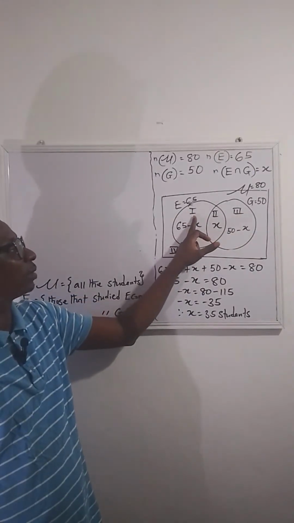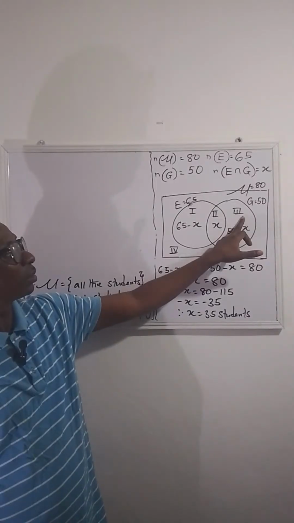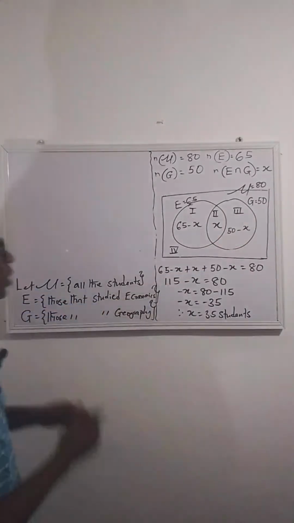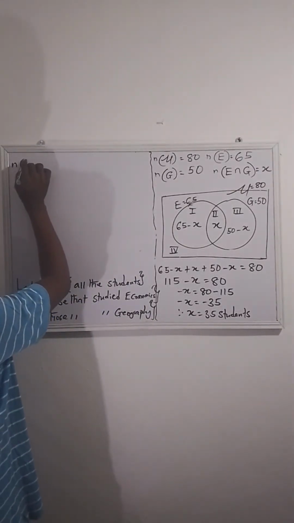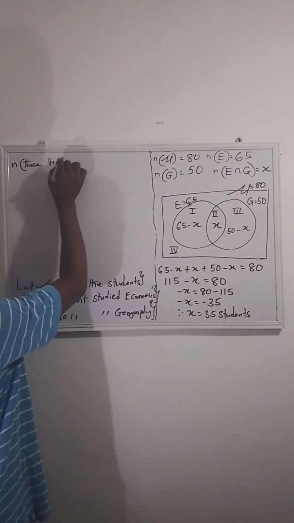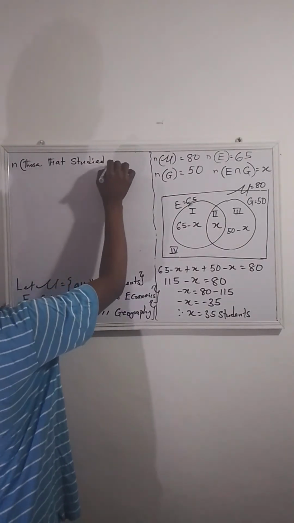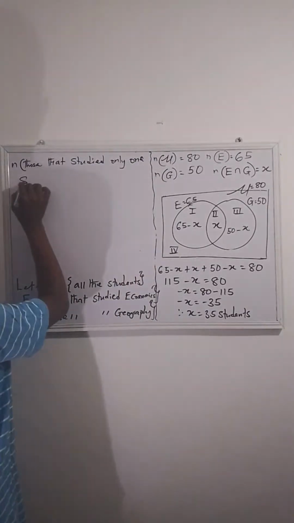Part 1 is only economics. Part 3 is only what? Geography. So the number of those that studied only one subject